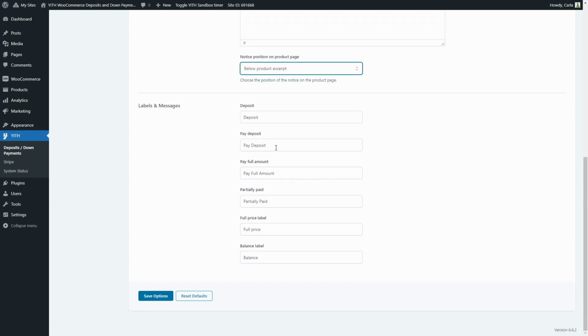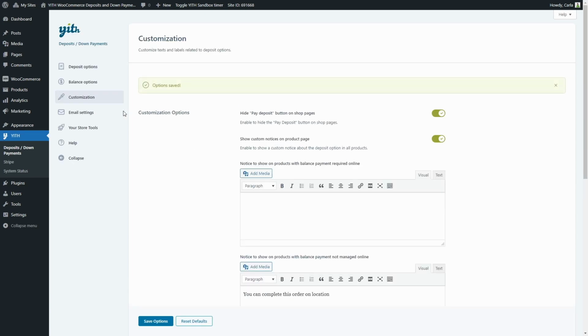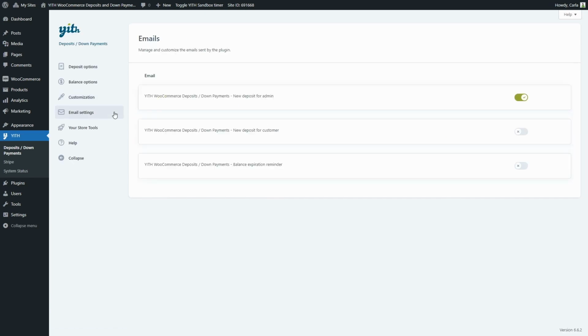And then we have the labels and messages. We can edit the text for the deposit, pay full amount, partially paid, full price, and balance labels. Now let's save options. Then in email settings, we'll be able to manage and customize the emails that are sent